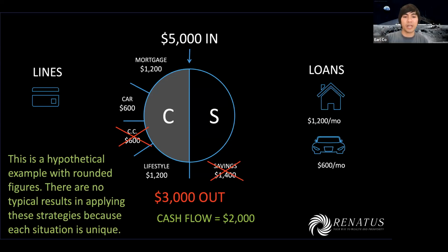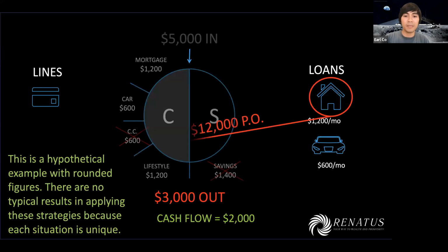We have extra cash flow, and then the minimum payments, since they got knocked out, there's extra cash flow too. So there's more ways to increase the cash flow. If you're living paycheck to paycheck, let's work on increasing cash flow first, then work on doing this. Now we've knocked out the credit card debt at this point. We're going to re-leverage that same tool. And I keep saying credit card, but this works with any line of credit, including HELOCs, and especially HELOCs because